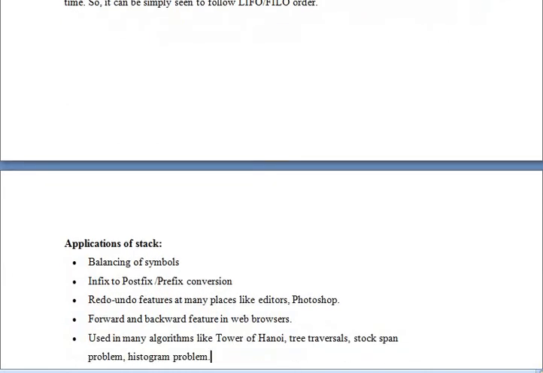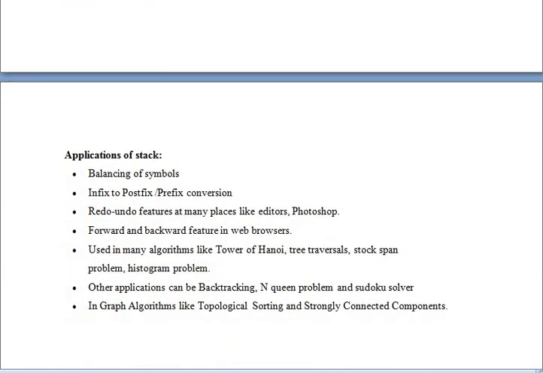Next we will see the applications of stacks. Balancing symbols, infix to postfix and prefix conversion. That is, you are going to convert infix to postfix, postfix to prefix, infix to prefix. These are the conversions we are going to see in the later sessions. Undo and redo features at many places like editors and Photoshop.